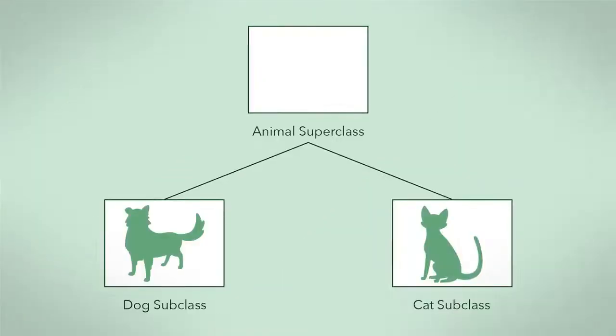In this example, we can generalize the common attributes and behaviors of the cat and dog class into a superclass that we will call animal. Keep in mind that we can name these classes whatever we want, but since we are creating meaningful abstractions of things in the real world, our classes should be named after the things we are trying to model. This makes our code easier to understand.